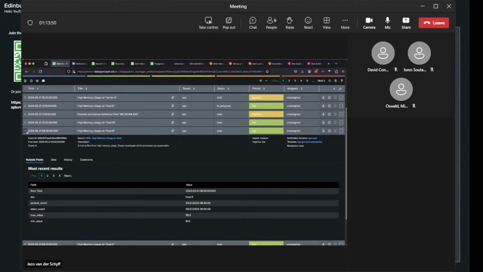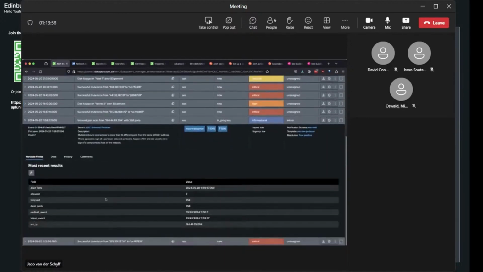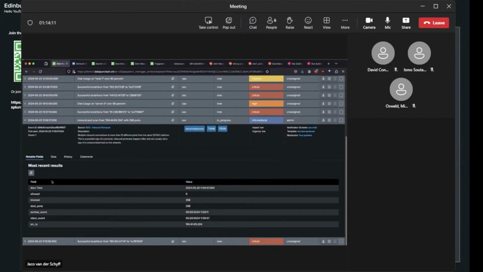So I quickly want to go back to the port scan event, and I would like to show you some of the tools that are available to the analyst when looking at this incident. So we know we have the tags that can give the analyst access to some additional sources. The other thing that I would like to bring your attention to is this little icon here. And you can see here I have two external lookups. So I believe we are all familiar with workflow actions within Splunk.